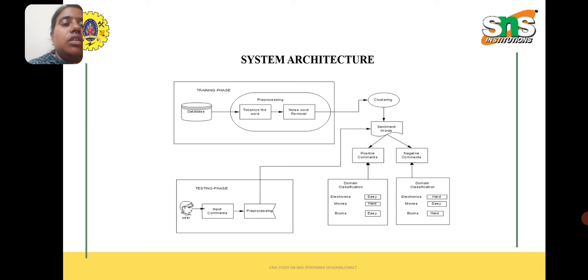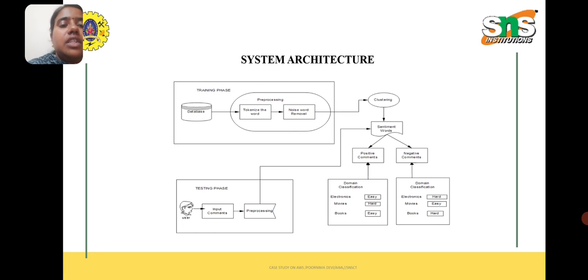So these are all sentiment classification words. And in domain classification, negative comments for electronics, movies, books, etc. So here hard, very awkward. These kinds of words come under negative comments. So all the words are clustered into one group. That is known as clustering,